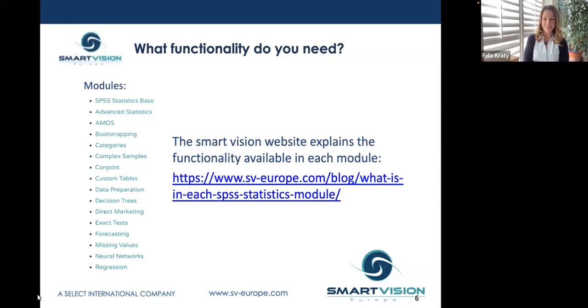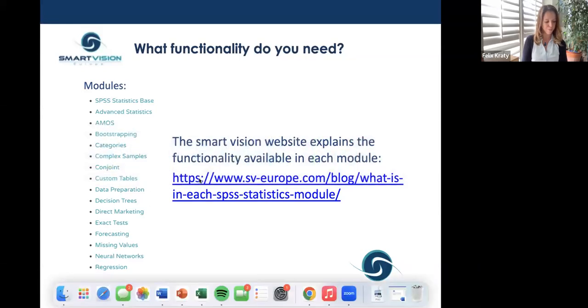So how are you going to work out what it is that you need? Our suggestion is that you direct whoever's going to be using the software to the Smart Vision website to get familiar with the module options. I've included a link on this page, but I'm also going to take you to our website now,